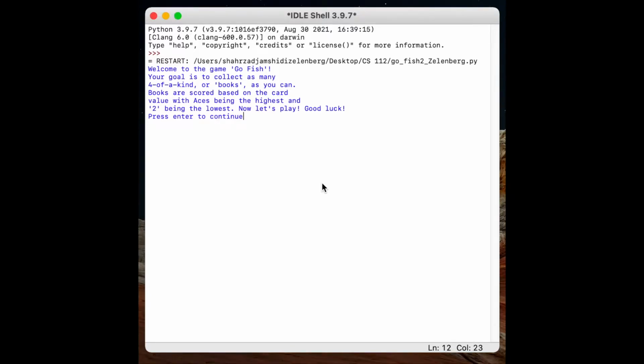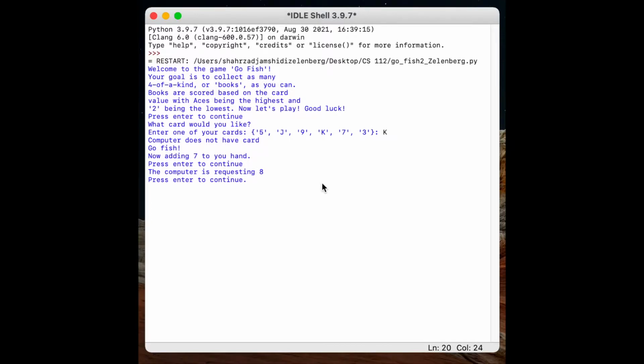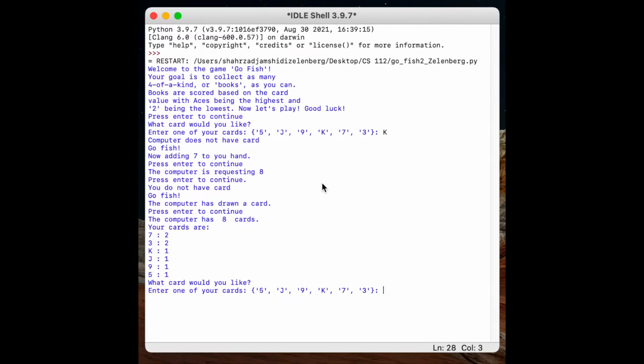All right, so here's our game Go Fish. There's some instructions, and then we're asked what card we'd like to request, and we enter one of the cards that we have. I think a problem with this printout is we don't know how many of each one we have. We request the highest one, and we're told to go fish because the computer doesn't have it. And you can see there's a lot of information being presented to us, and we're using that press enter